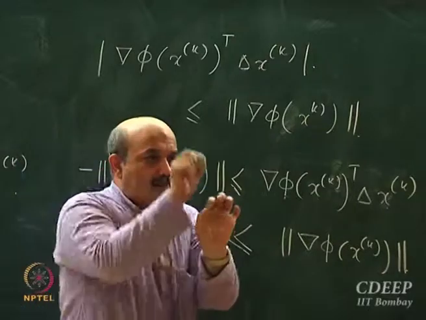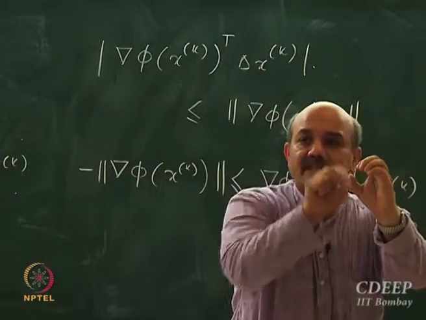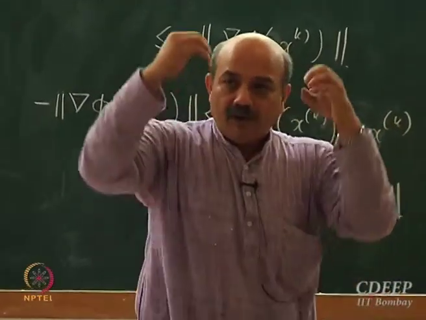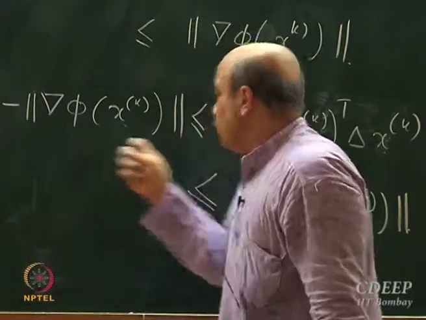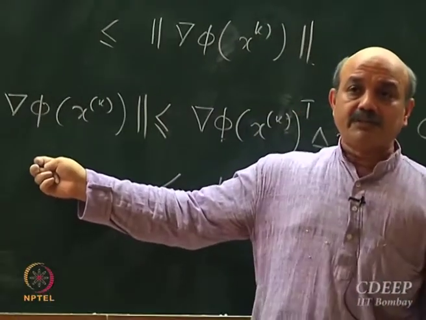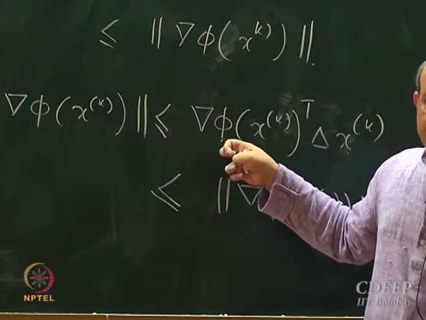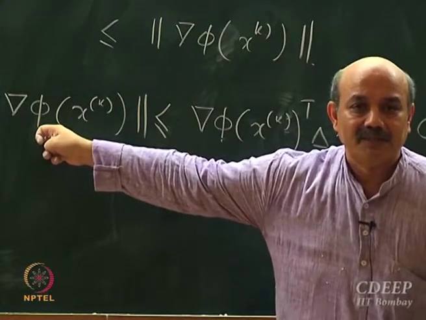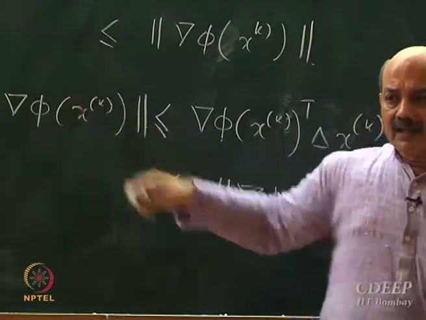I am restricting myself to a unit ball around xk. I want to move inside this unit ball. I just want to know where to move inside this unit ball. What is the objective? I want to move in such a way that the function decreases at the maximum rate. From this Cauchy inequality, I know that the maximum rate of decrease will be obtained when delta xk is aligned along the negative of the gradient direction. Then I will get this minus here.